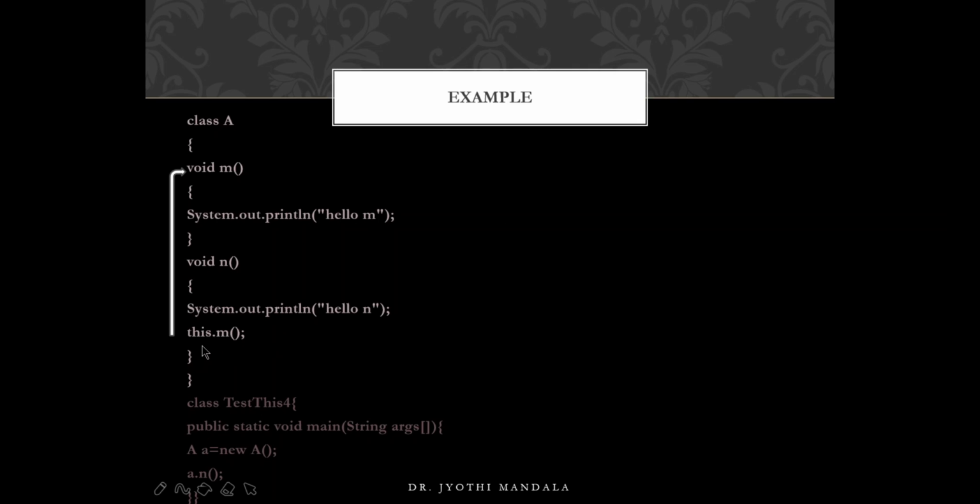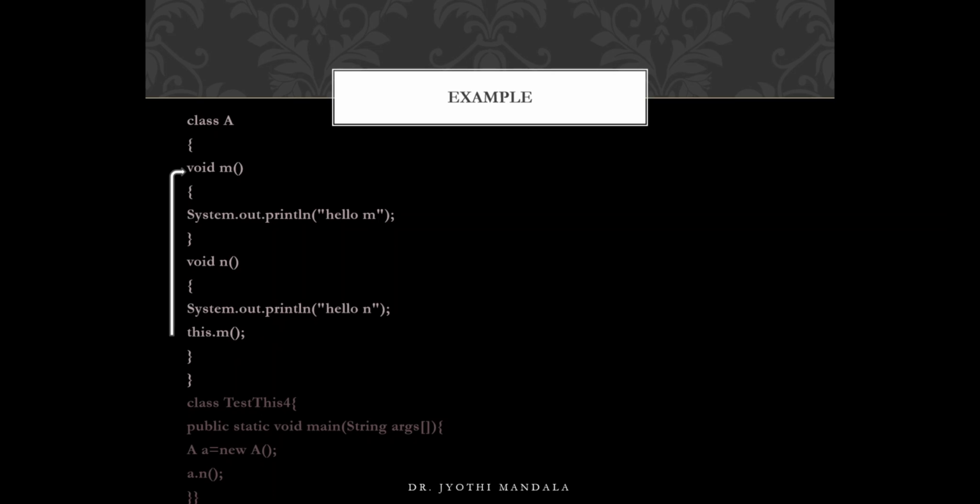But if you want to be more clear, then you can write this dot m, saying I am referring to the method called m in the same class. Whenever you write this dot m, the control will go here, it will execute this method and it will come back. If you write a program like this, whenever you create an object of class A, the constructor will be called. Obviously there is no constructor here, and then we are calling a dot n. The control will go here, it will produce an output of hello n,